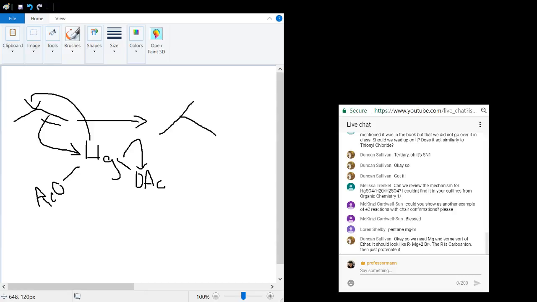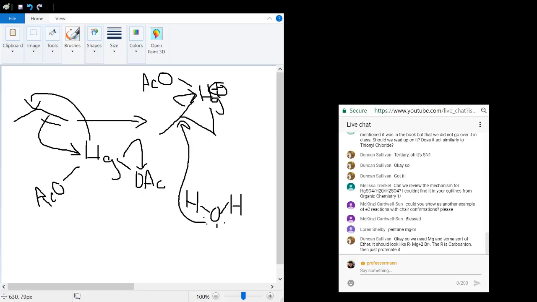In a mechanism very similar to what you see when we work with halogenation using Br2 or Cl2 or one of those, you'll end up with this kind of weird triangular shaped intermediate with a positive charge on it. And then that's where water comes in. Water's a good nucleophile, right? And so in this case, it'll attack and displace the mercury. Okay. Now,